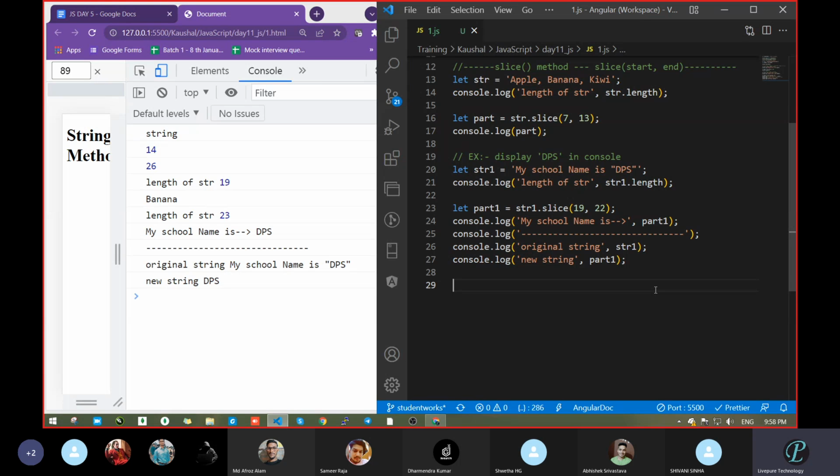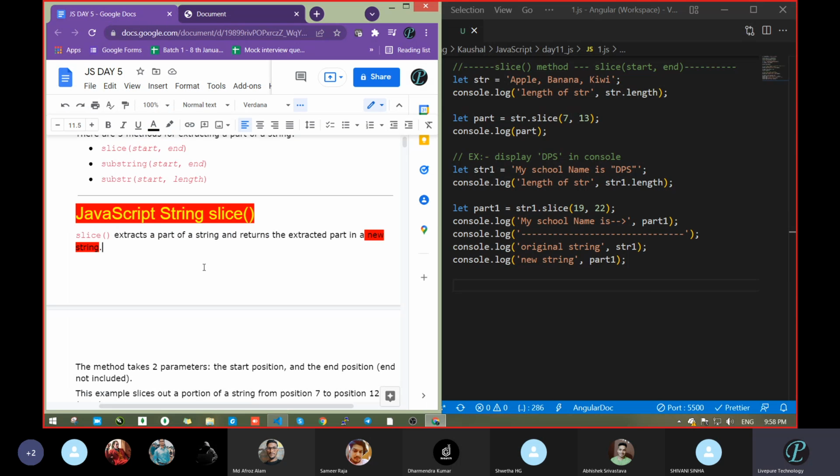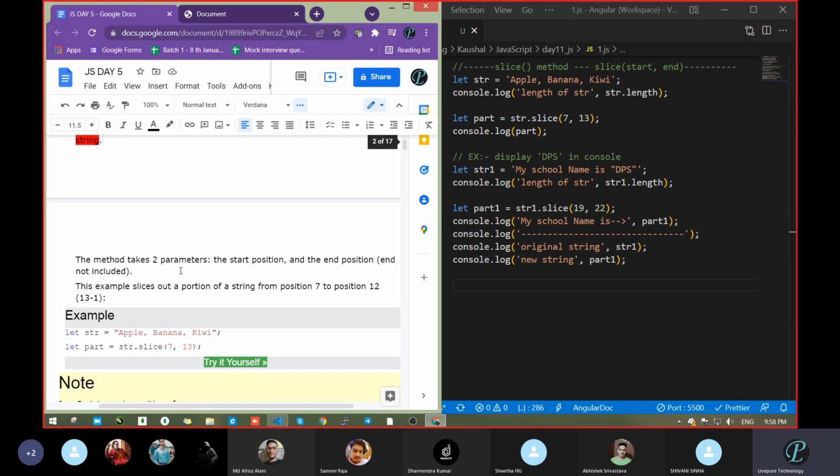The slice method had taken the string and created a new string and returned the new value. So please keep in mind, in the last I will ask who all had created the new string. So first thing, the slice method created the new string. Second, it takes two parameters, a start position and an end position.